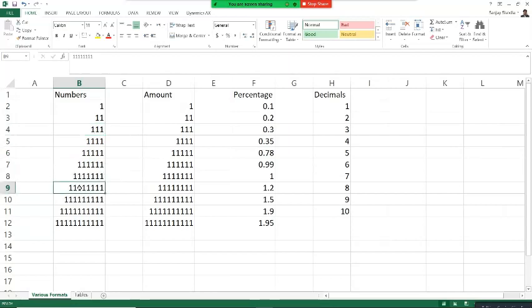But when we look at bigger numbers, we find it a little difficult to identify the place values of the number if there are no commas or separators. So in order to